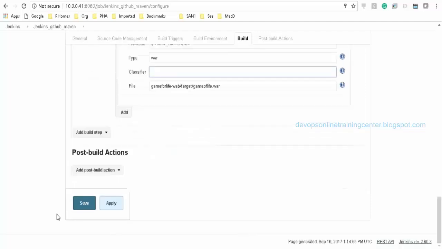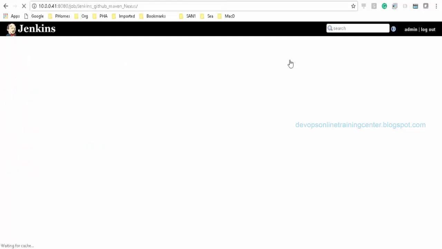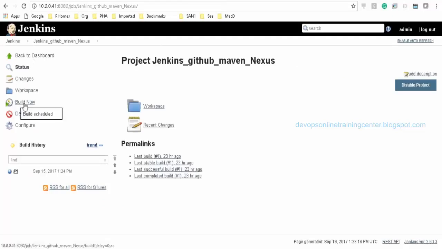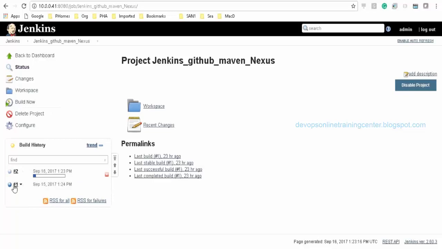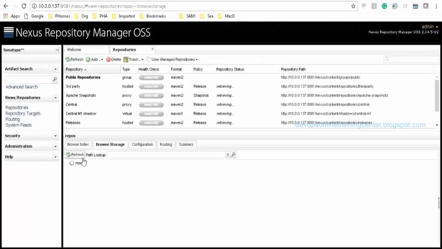Okay. Then I'll just save this and let us see if this works. So I'll just build. This is the build ID. Number 1 is the build number or build ID. If I say echo $BUILD_ID, it gives 1 or 2 by default. Okay. So it will go here. It will create all those directories, and then it will populate under repos. There will be dev created. Under dev there will be build number 1 or 2 or 3. Under that it will create a timestamp. Under that it will push the war file, right?